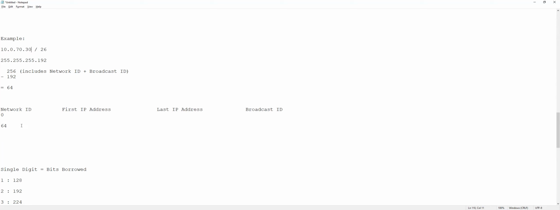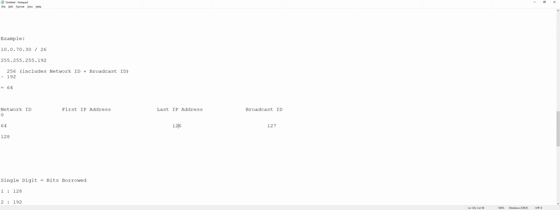So I'll tell you how the calculation works, okay? And if I were to add another 64 here, I get 128, okay? So the calculation is this. In order to get the broadcast ID, you will minus 1, which is 127. In order to get the last IP address of the subnet, you will minus 1 again from the broadcast ID,